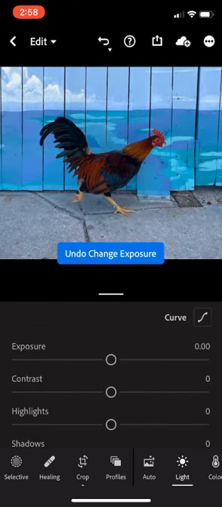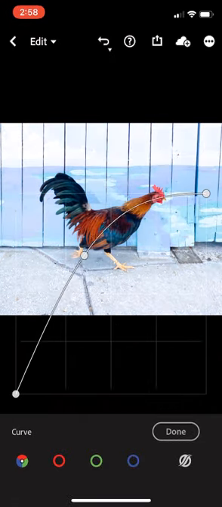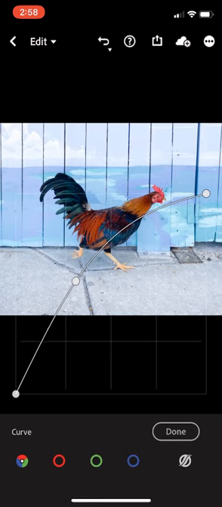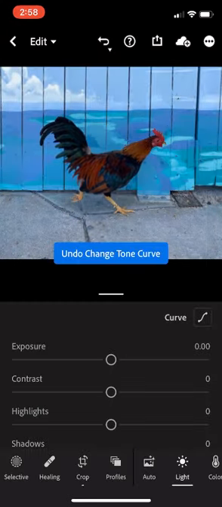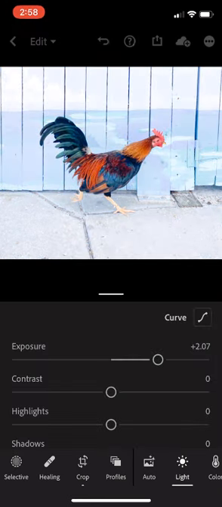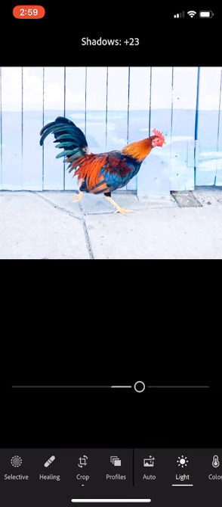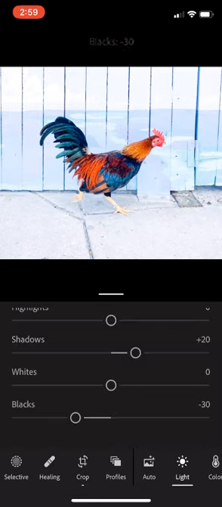So if I undo all those changes that I just made, that's what we started with, and bring the curve up a little. Now see, now I'm not liking it as much. Okay, so let's undo the curve and we'll go back and do that here. So get the exposure about right. Bring up the shadows and then bring the blacks. Okay,